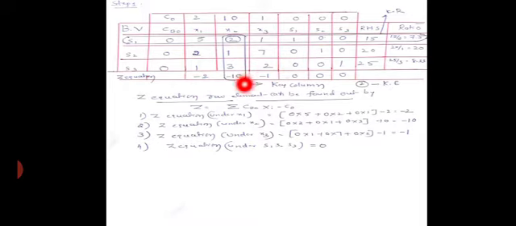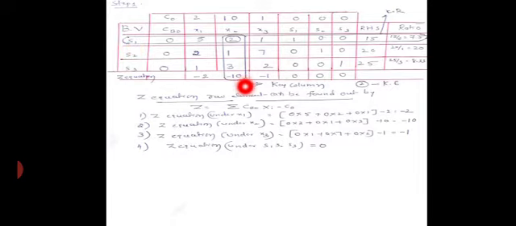Sorry, one more thing I forgot to tell you. The intersection point of the key row and key column is called the key element. Here 2 is the key element. The intersection of the key row and key column, that particular element, is called the key element. That is very important. Now once we got the key column and key row, one is going to be replaced by another. The key column variable x2 is going to replace s1, nothing but in place of s1, x2 is going to come into the picture now.